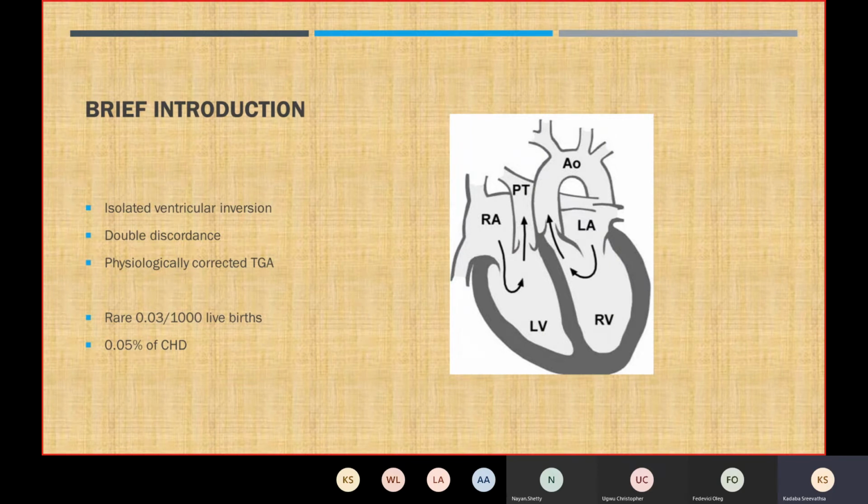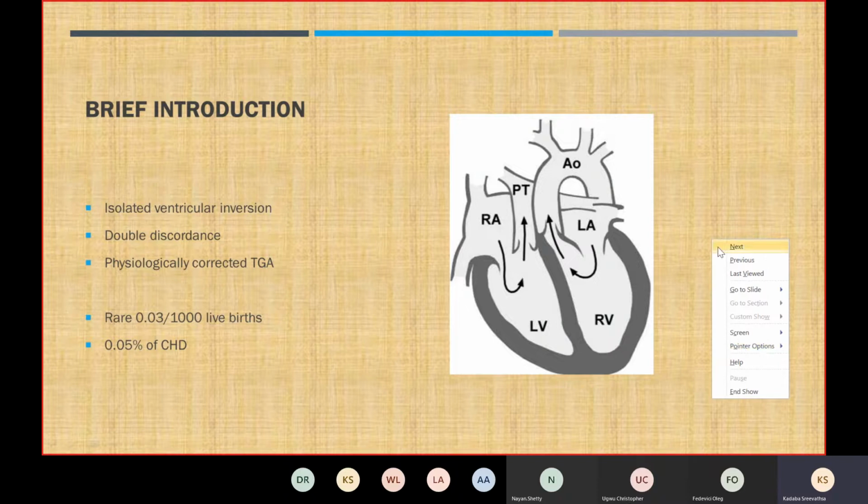As we know, ccTGA is known by other terminologies. It's called either an isolated ventricular inversion, double discordance, or a physiologically corrected TGA. The reason being there is a discordance between the atrioventricular connection: the right atrium is connected to the left ventricle, and the left atrium is connected to the right ventricle. And there is a ventriculo-arterial discordance as well, where the left ventricle is connected to the pulmonary trunk and the right ventricle is connected to the aorta. So